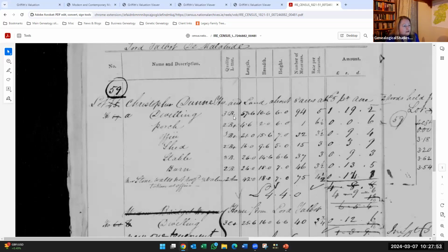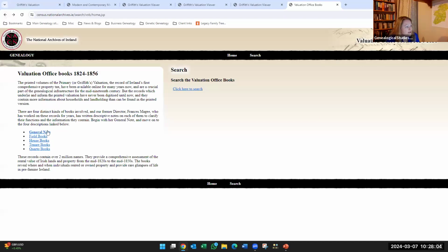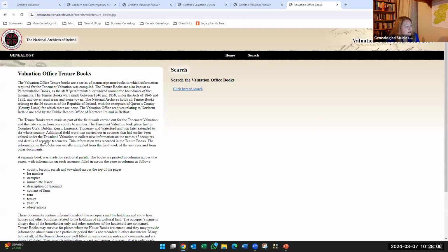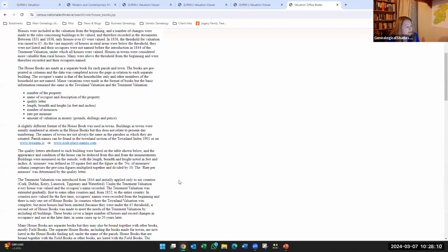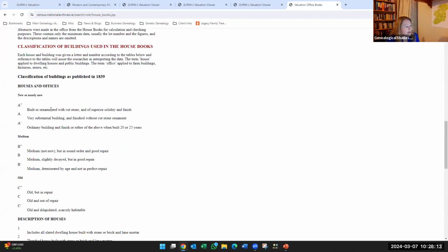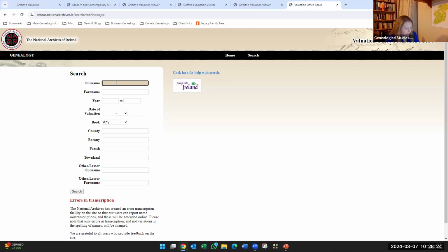Now, if you go on to the homepage of this section of the National Archives, it has some small essays. And I urge you to go back, I'll just show you where they are, and read them. Because you see here in these sections, it actually mentions what those numbers mean. And it's about the quality and what they're made of. So you see here houses and office, and then it's got A, B, C's and D's, and then numbers 1, 2, 3, and 4. So it's worth your time reading that information.